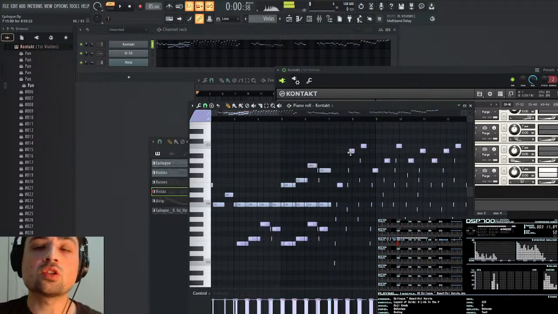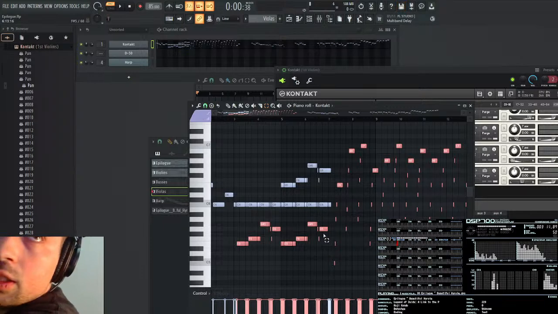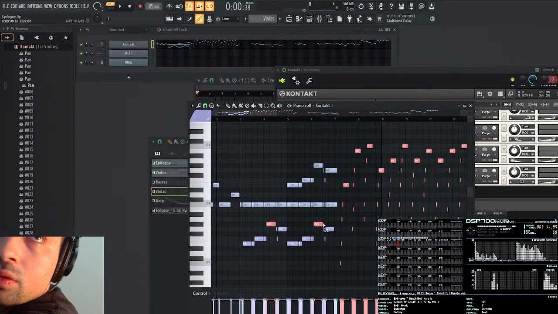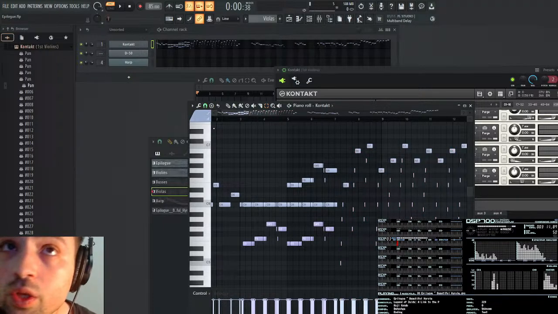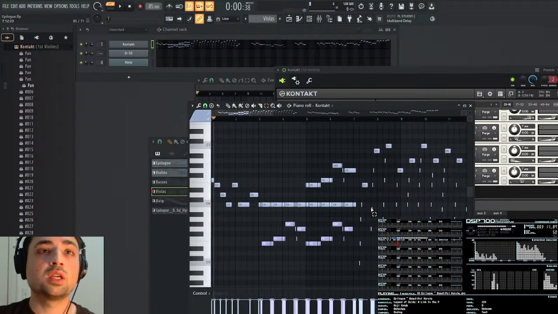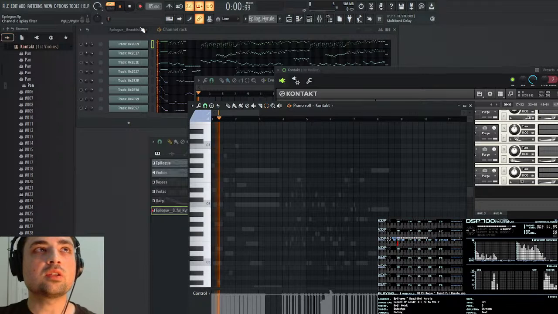And then this is also viola range, so let's just select all that. Well, let's just deselect these. So let's change this to channel 5 as well. And these are going to be also, let's see, cellos. So we'd have to see what kind of pan we have for this. For like these 3 right here. So we have